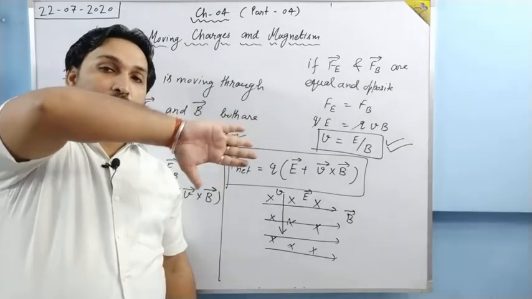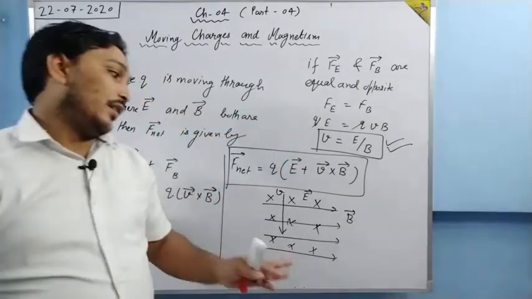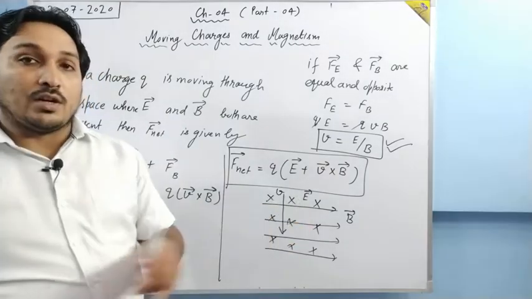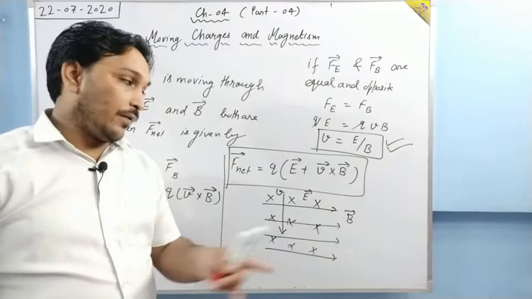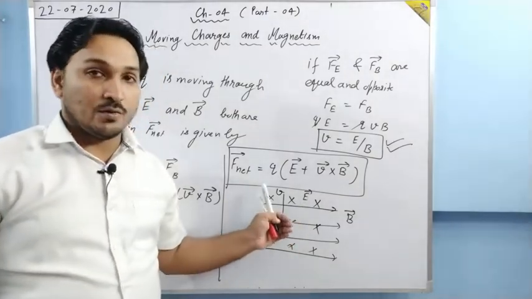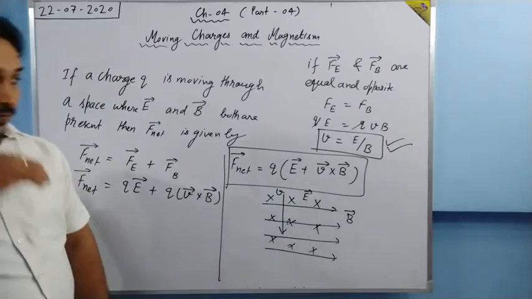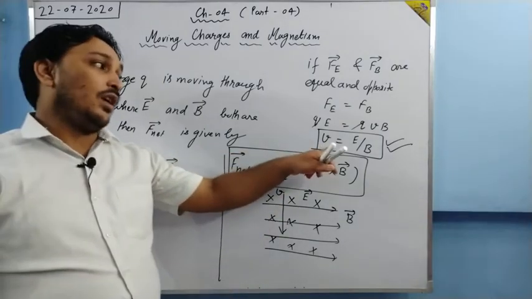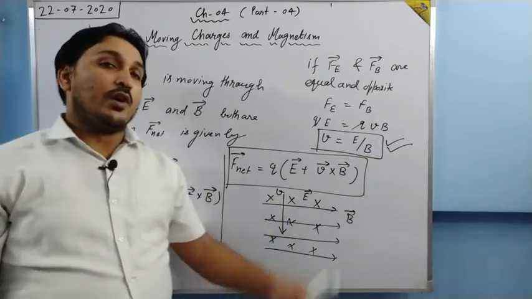What is the direction of force? It is perpendicular outward. And electric field is perpendicular inward. So electric field pulls the charge towards itself. The force of electric field is towards itself and the force of magnetic field is outward. Both the forces are opposite, and for a particular value of V, this force is equal also. So in that case the charge will move undeviated.